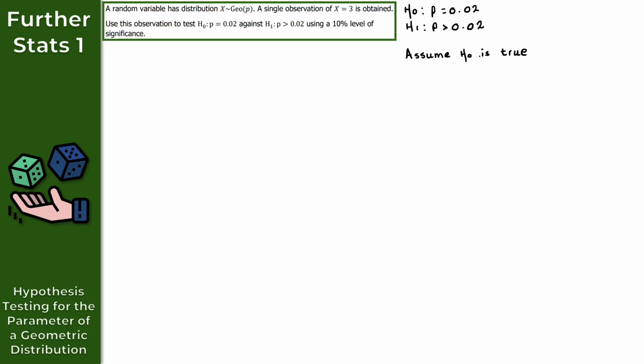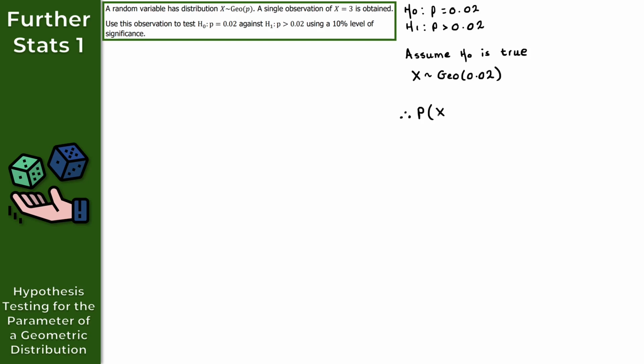Now why do we do this? Well, we have the random variable X, which follows a geometric distribution with parameter p. So if we assume that H0 is true, then p is equal to 0.02. So X follows a geometric distribution with parameter 0.02. Now, in terms of the evidence for the single observation, what are we testing for here? What we're looking for is the probability that our random variable X